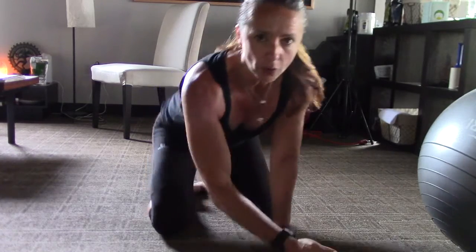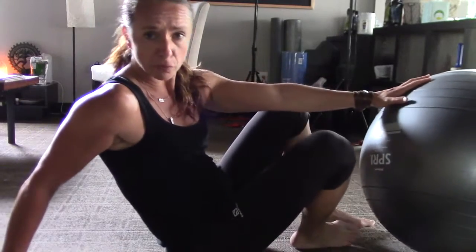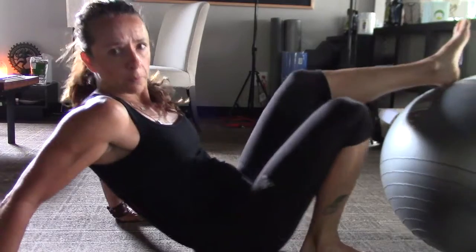So enough talk, let me show you 3 to 4 exercises that you can incorporate in your routine to have great posture, great core strength, and enhance your sport. So here we go. First exercise I'm going to share with you is called hip extension, or some people call them bridges. So you put your feet on the ball,